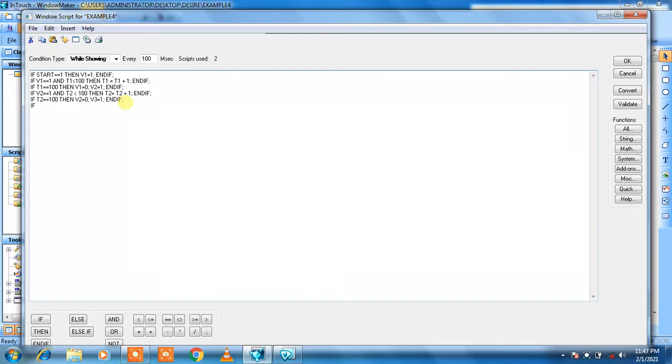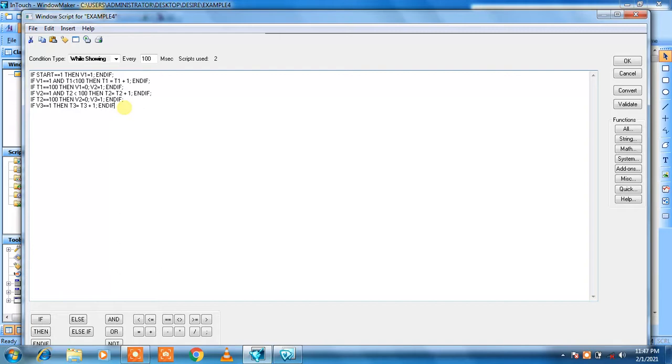If valve 3 equal to 1, then tank 3 equal to tank 3 plus 1,